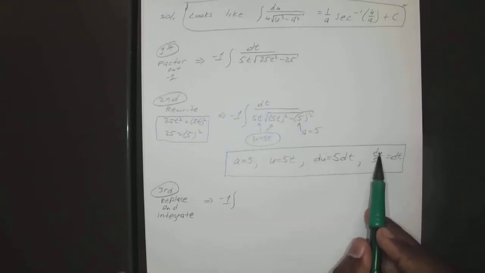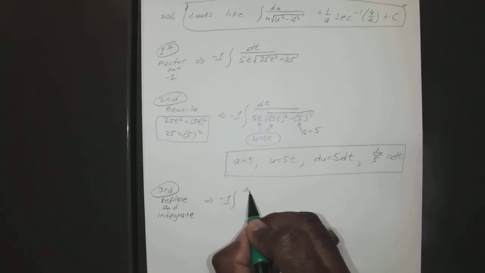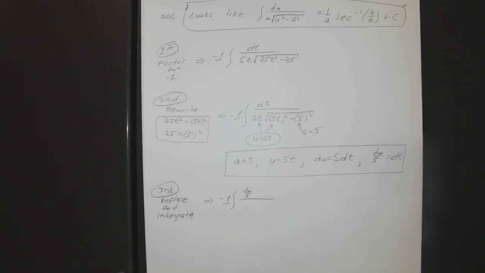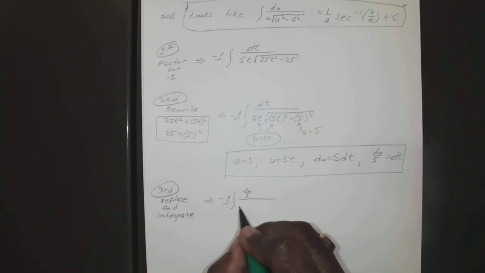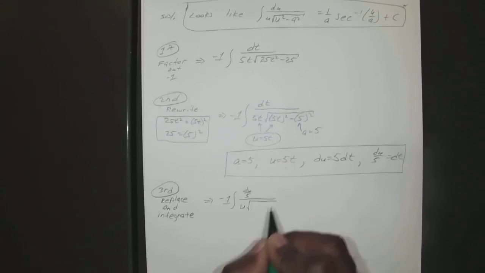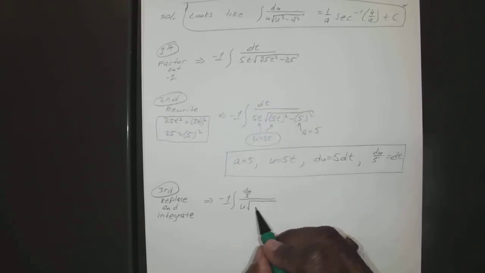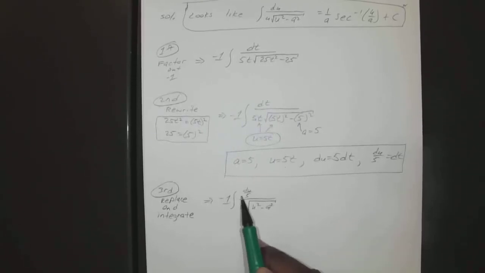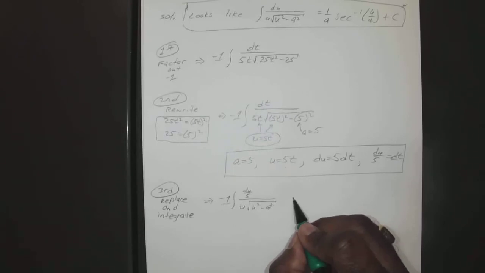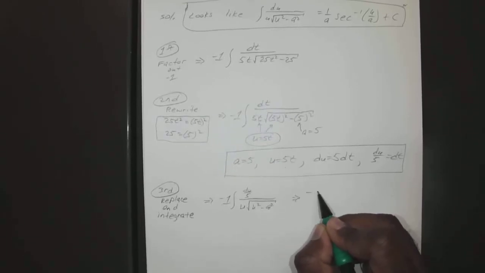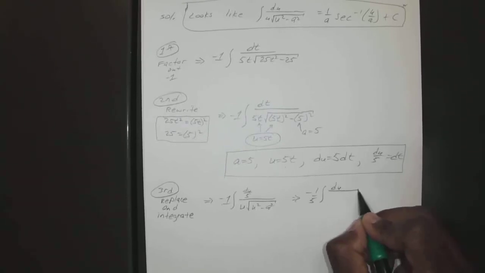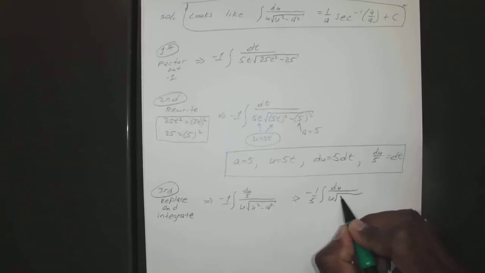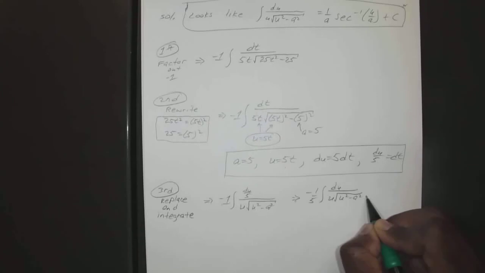So dt is du over 5, divided by 5t, remember that's our u, times the square root of u squared minus a squared. And that 5 can just be brought out. So we now have -1/5 times the integral of du over u times the square root of u squared minus a squared,